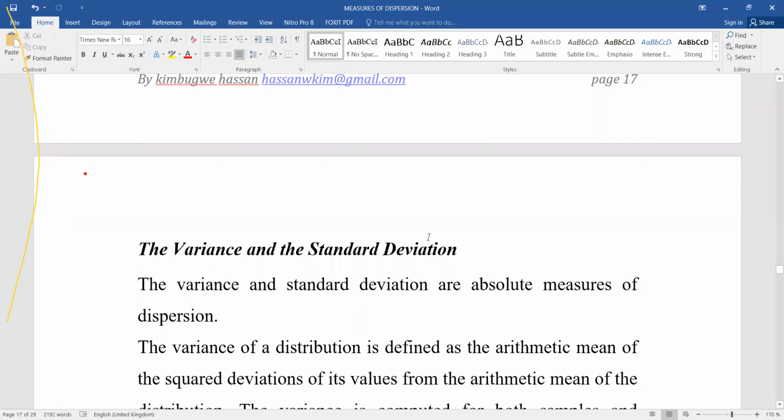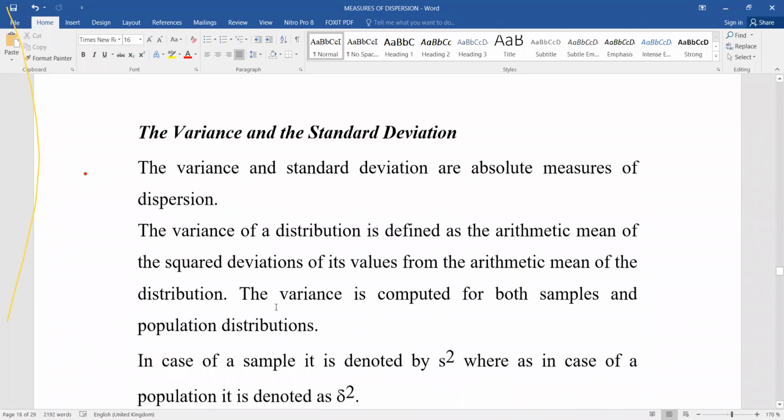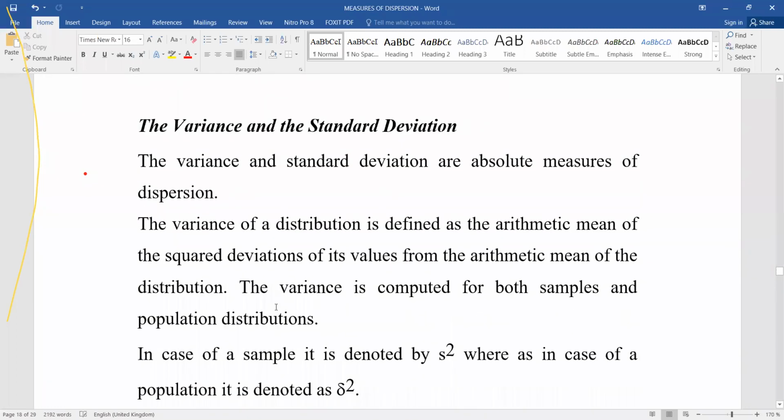The variance of a distribution is defined as the arithmetic mean of the squared deviations of its values from the arithmetic mean. So the variance is more like the mean absolute deviation, although for it, the signs are considered. If the deviation is negative, it will be negative as well. So the variance is computed for both samples